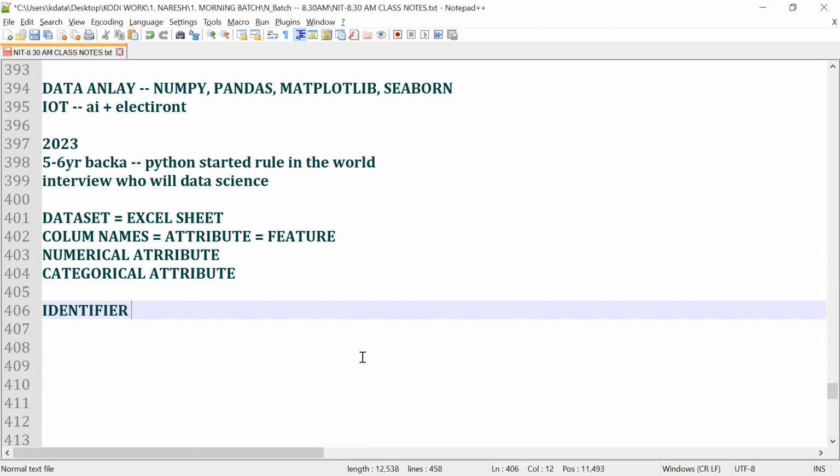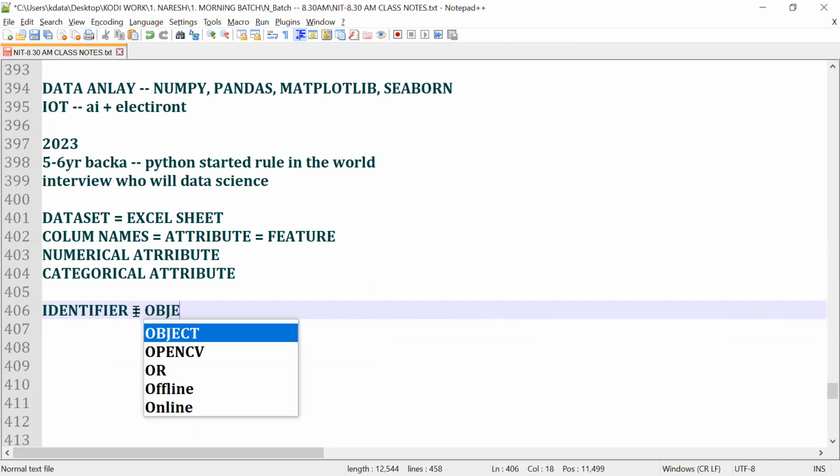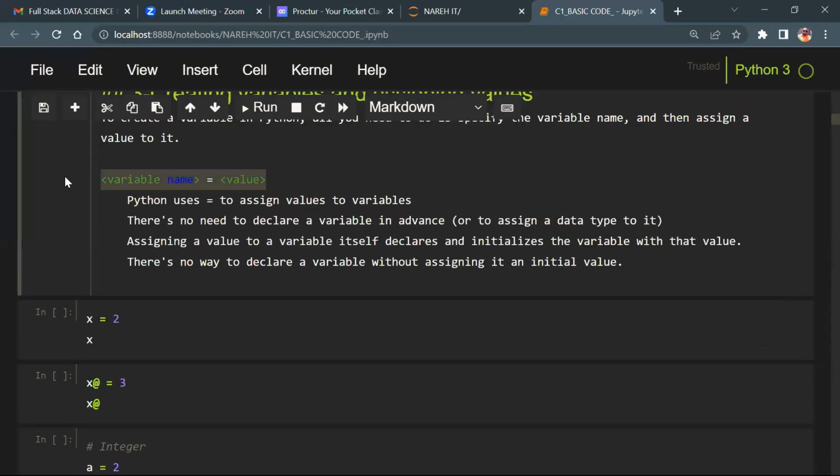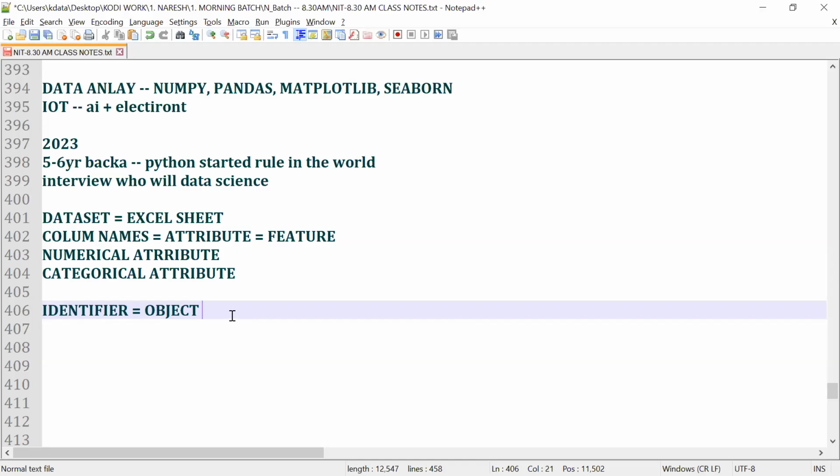All right. So identifier is equal to object. Understand? Identifier we also call an object. In Python, the first concept we are going to understand is identifier or object, and sometimes we also call it a variable. In interviews, a lot of people call it by different names.